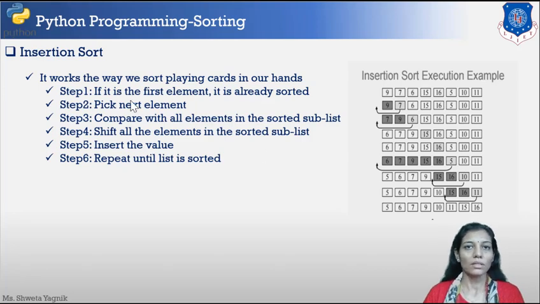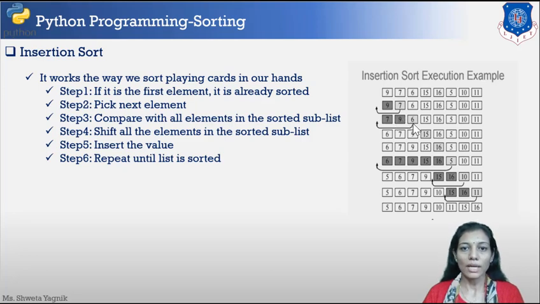Step 1, the first element is considered as already sorted. In step 2, pick the next element, that is 7 in this case. It will be compared with the previous elements, and here we have only a single element present. So it will be compared with 9 and is found out of order, that's why it will be placed at the proper position. So 7 will be placed properly, and 7 and 9 are now called a sorted sublist.